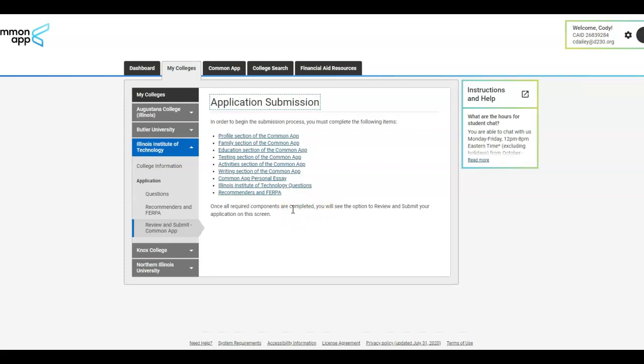And also, if you do ever have any issues, always feel free to contact the Common App Help Desk, and always have your Common App ID ready to go. That's this number up here. That'll be very important to you as you are navigating this application if you do come across any issues or barriers. Okay? But again, feel free to reach out to your counselor or myself in the College and Career Center,